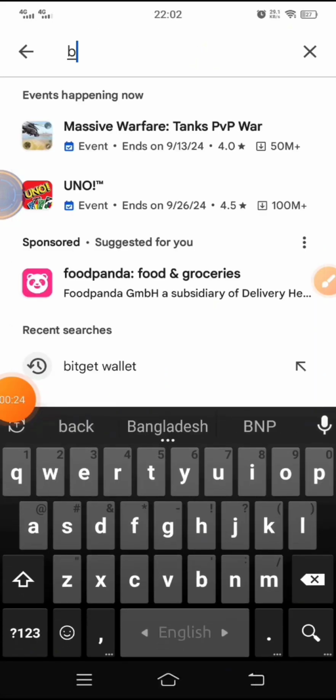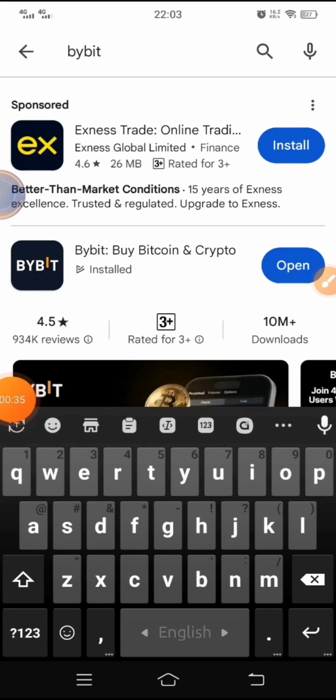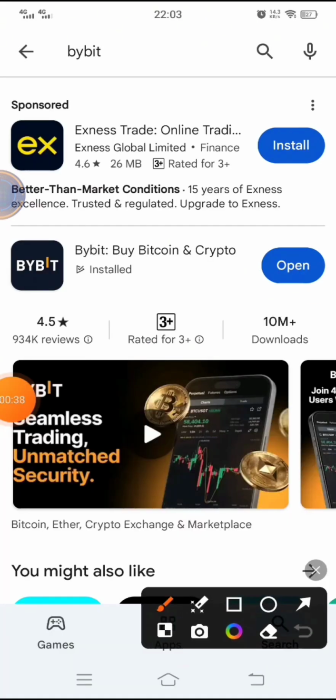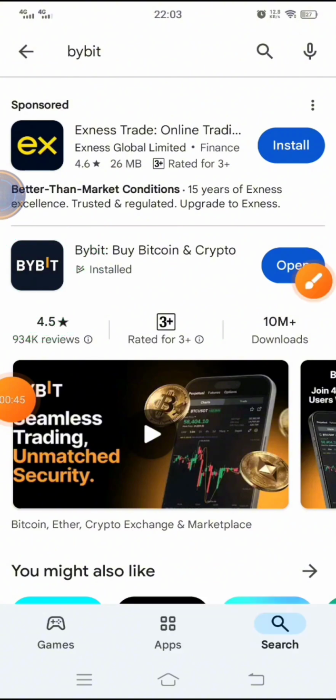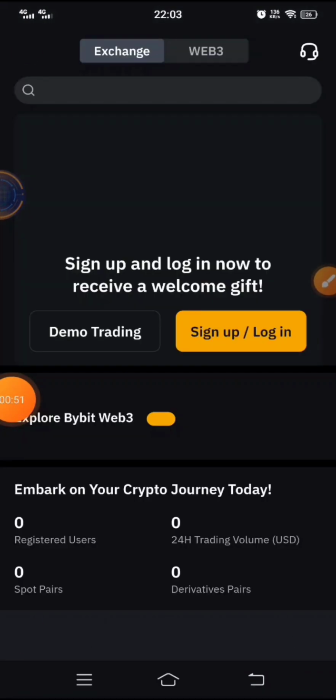First go to the Play Store, and then search for Bybit. Go to search, and you will also see their profile icon and logo. Click on it and install. After that, open your account. When you open it, you will also find this option: